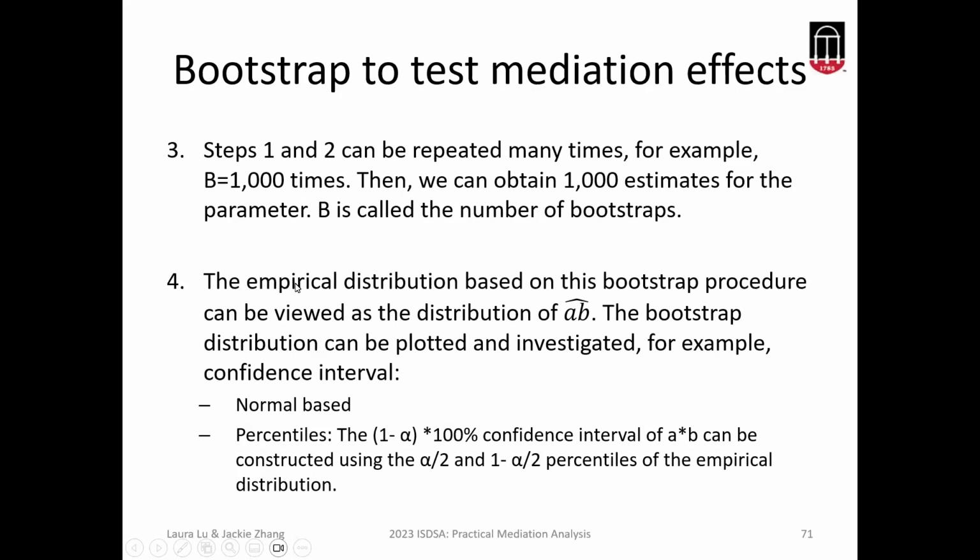Finally, we have the empirical distribution based on that procedure, and that is a distribution of the indirect effect A times B, the estimate of the mediation effect. We use that empirical distribution to construct the confidence interval. The normal-based one we described is based on the central limit theorem. We can also use the percentiles. For example, alpha is the confidence level, so we have (1 minus alpha) times 100%, and we use the lower bound and upper bound percentiles to get the